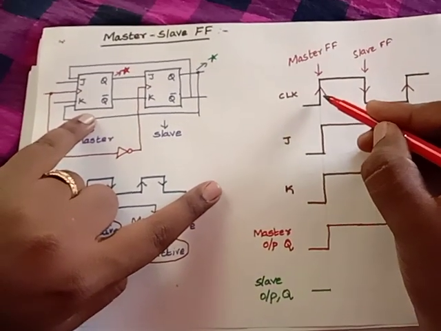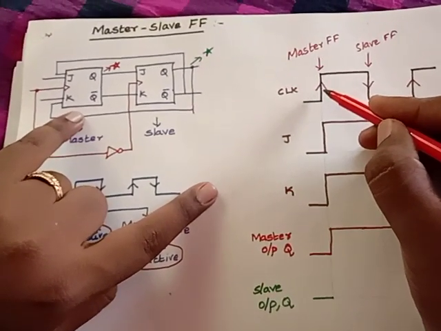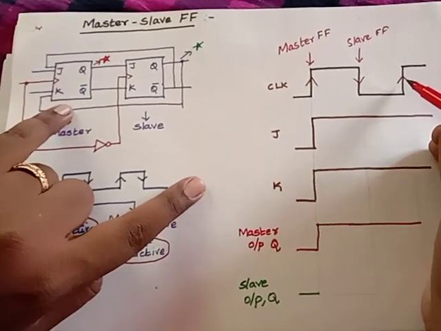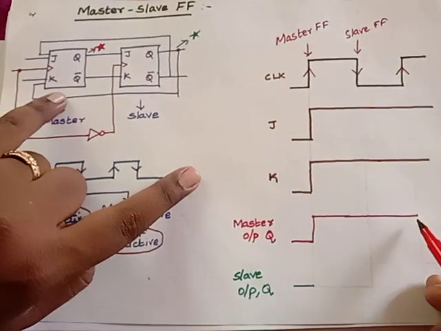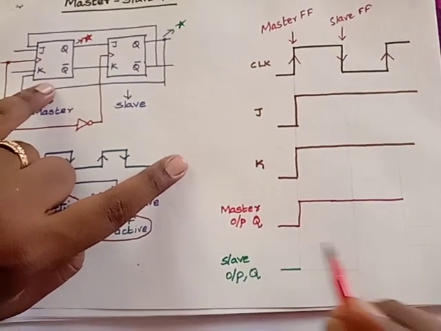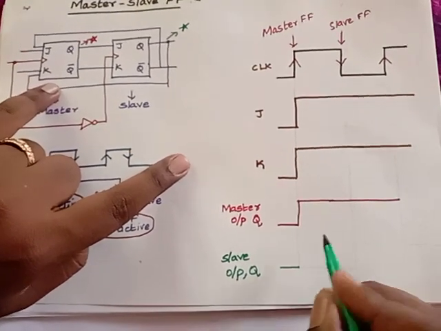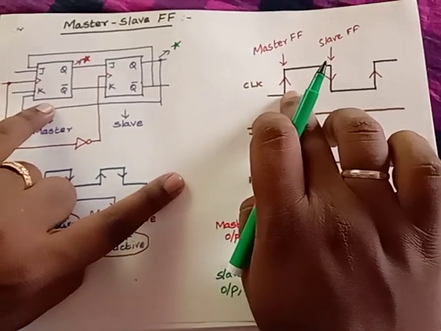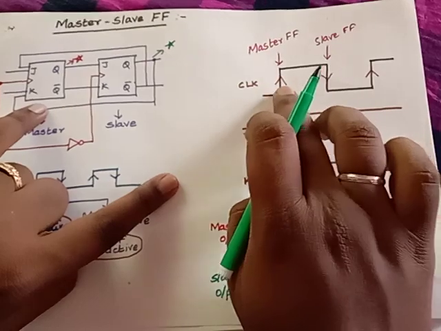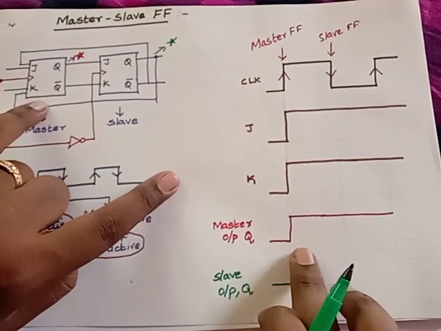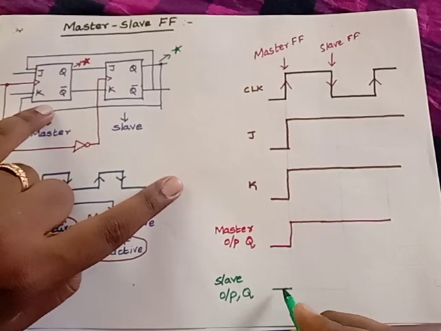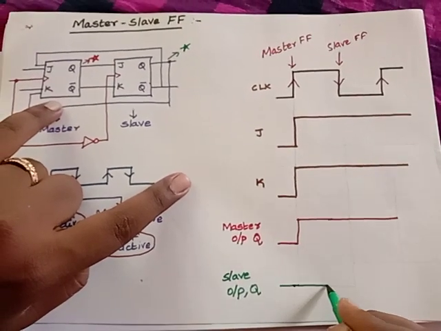That means up to this end, it will remain in the same state because we are following edge triggering. This master flip flop will be active at this moment, and then it becomes active again only at this moment. So up to that, it will be in on state. Correct? Now we'll see the slave flip flop. Now when you take the slave flip flop, at this end, only the master is activated. There is no operation for the slave, so no work is done in your slave flip flop. It is already in 0. It will remain as such.